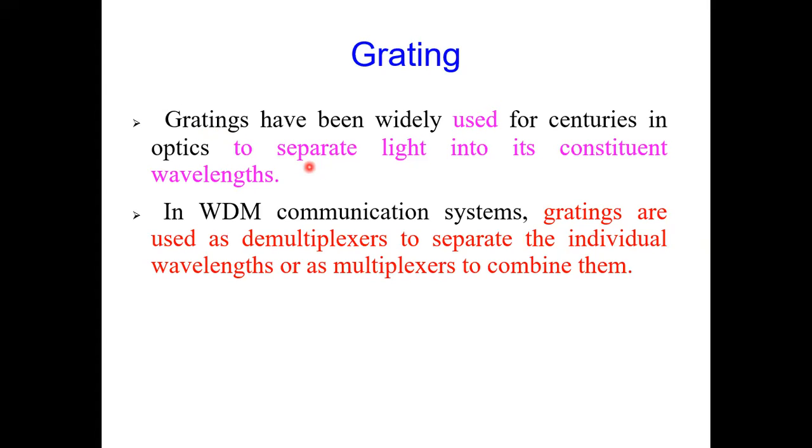So a grating is, in simplest words, a device to separate light into its constituent wavelengths. It is widely used in WDM, that is wavelength division multiplexing. So gratings are used as demultiplexers to separate the individual wavelengths, or as multiplexers to combine them. So fiber gratings, or the grating, finds wide application when we are designing the mux and demux for